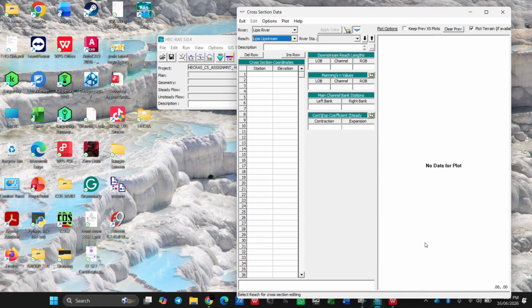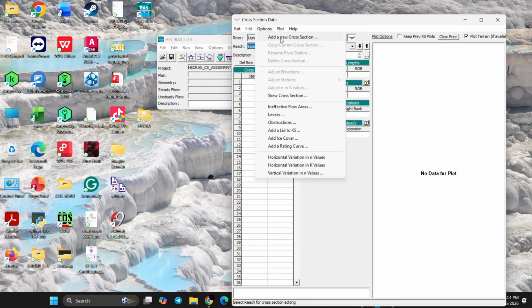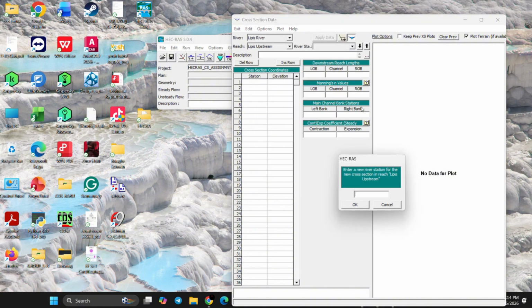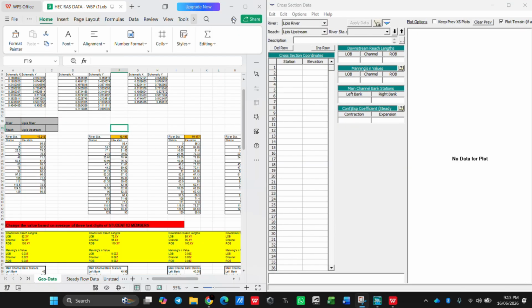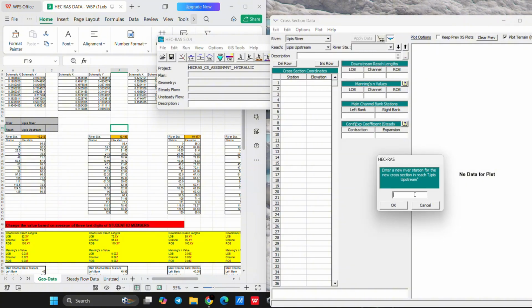So the same way we are going to do. First, we have to name the station. We can click options, add a new cross section, and we name the station that we want to do. So it was 10.212, isn't it? Okay, back to the part. So we are going to name our station 10.212, isn't it? For Lipis upstream, Lipis 10.212,